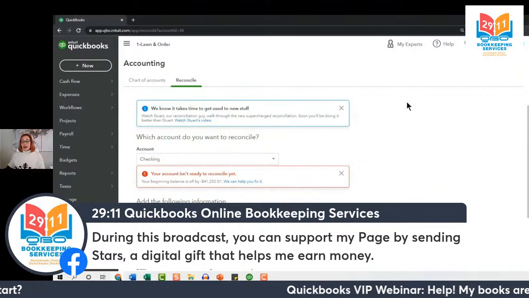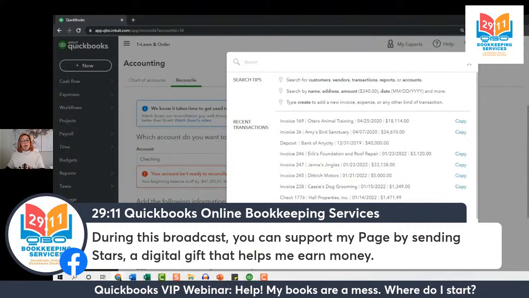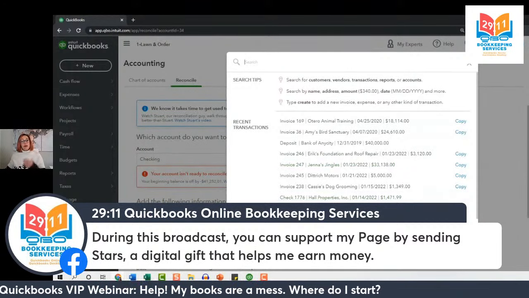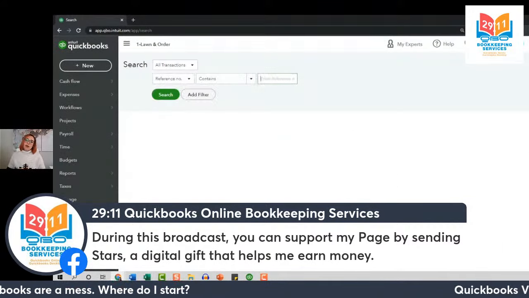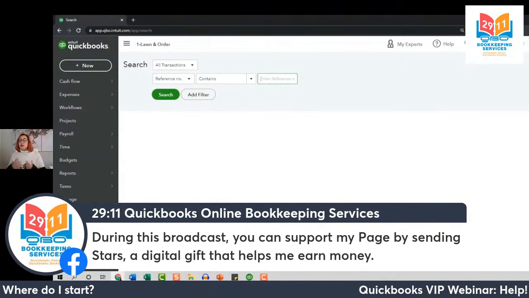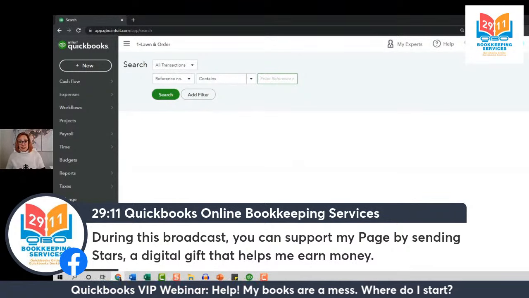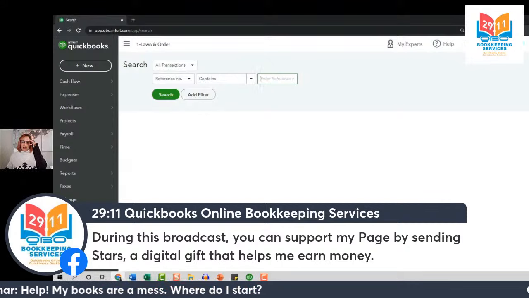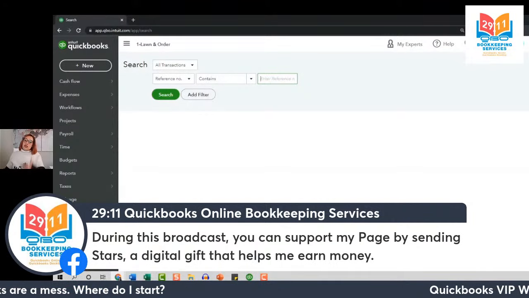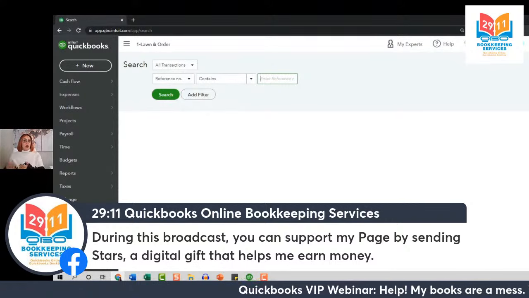If you don't already know about this, when you select the magnifying glass, it shows you your last 10 previously recorded transactions. But if you want to go back a little bit further, you can select the advanced search. Now be aware the advanced search does have a time limit, so transactions that are older than a couple of years unfortunately will not show up here anymore. You will have to pull a report to see them, but I'm just dealing with 2020, so what I want should be right here.